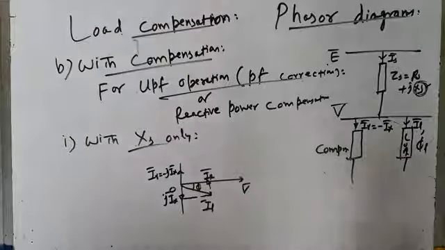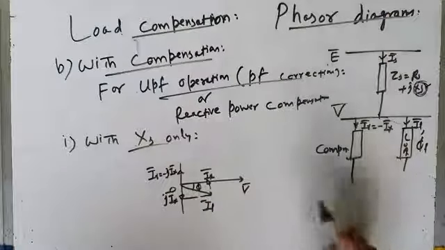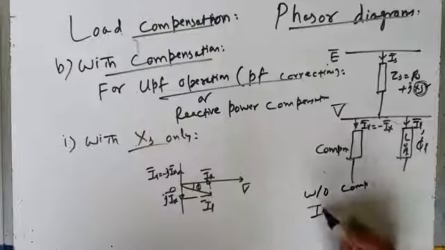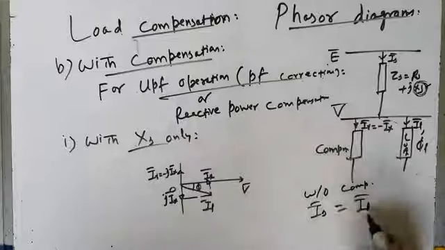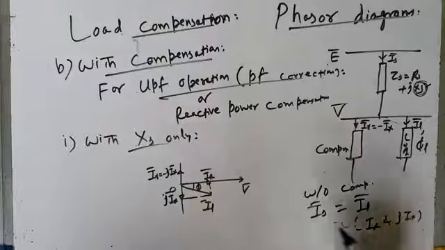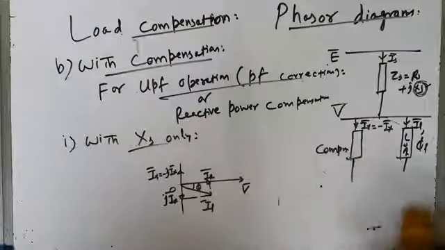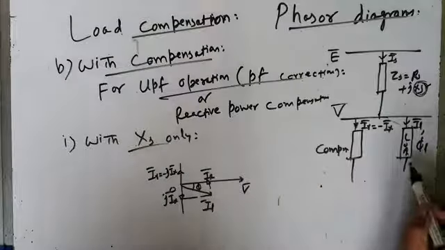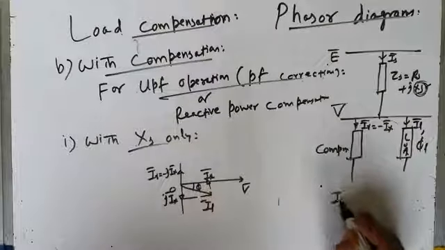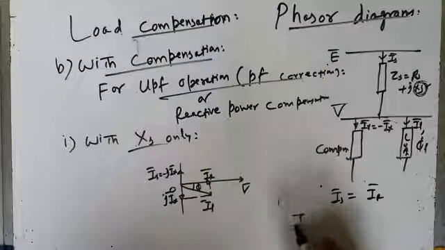इससे क्या होगा? इससे ये होगा कि सोर्स से जो करंट आ रही थी, previously without compensation, source current was same as load current. अगर लोड करंट में IR कंपोनेंट था और JIX कंपोनेंट था, वो दोनों सोर्स से ही आ रहे थे. But with compensation, the reactive component of current comes from the compensator, source will give only the resistive component of current IR. Okay, so I will write again from this.